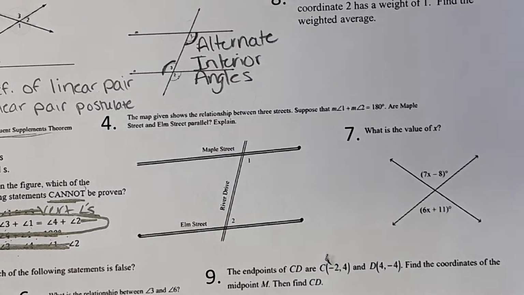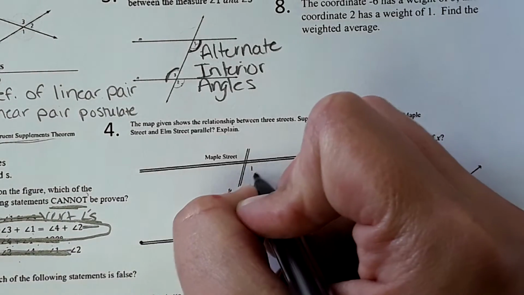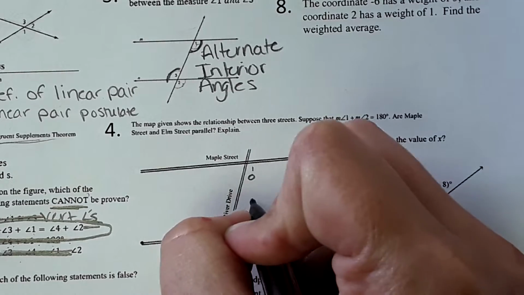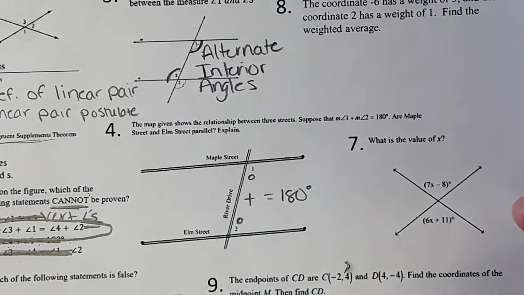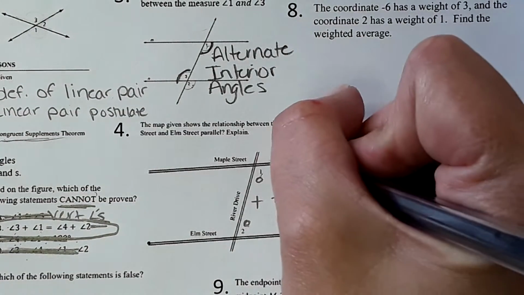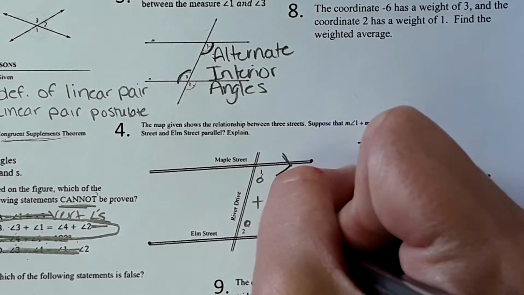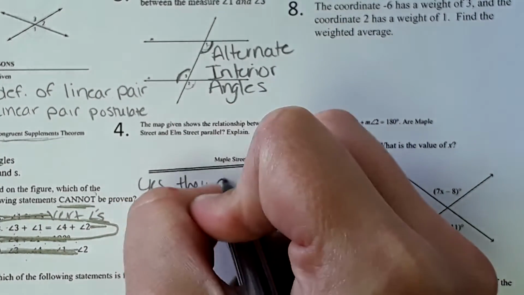Number 4, it says the map given shows the relationship between 3 streets. Suppose that measure of angle 1 and measure of angle 2 add to 180 degrees. Are Maple Street and Elm Street parallel? Well, if the consecutive interior angles are supplementary, then we can say that this street is parallel to this one. So yes, they are parallel